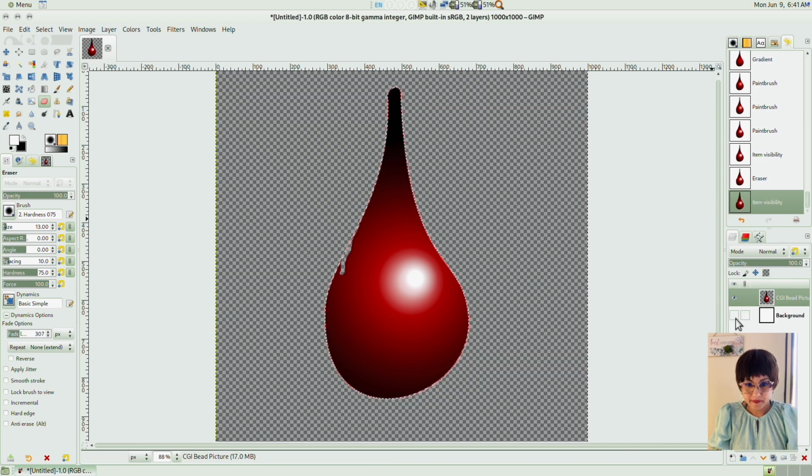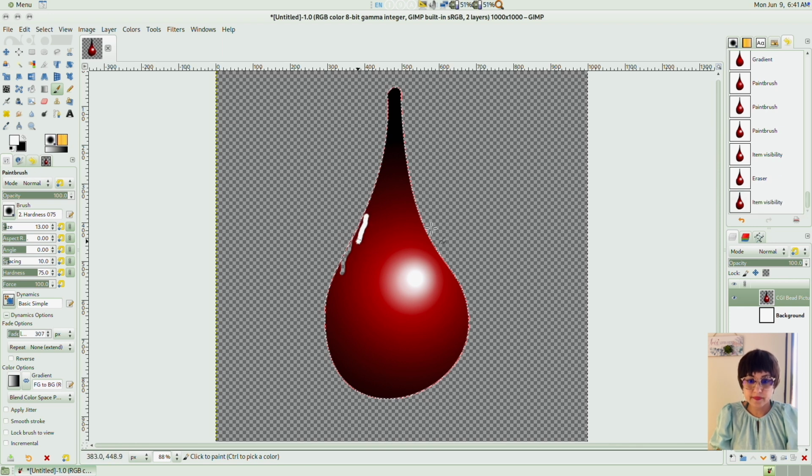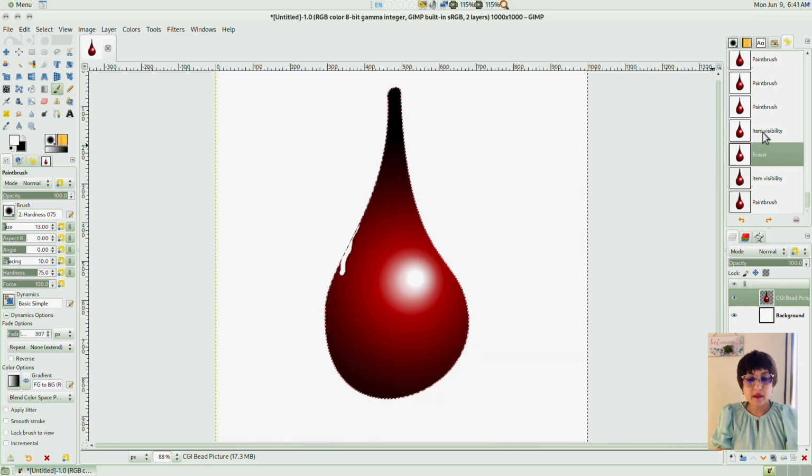If I were to use the brush tool, it would be white. So, definitely eraser tool is better in this situation.